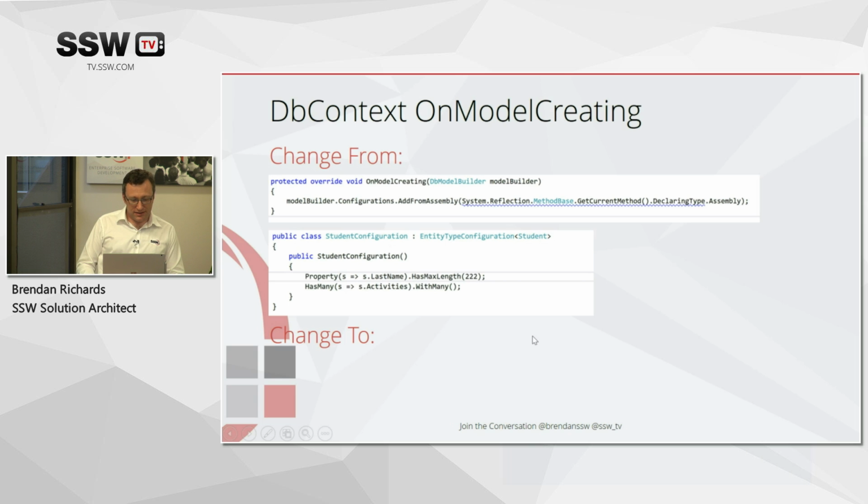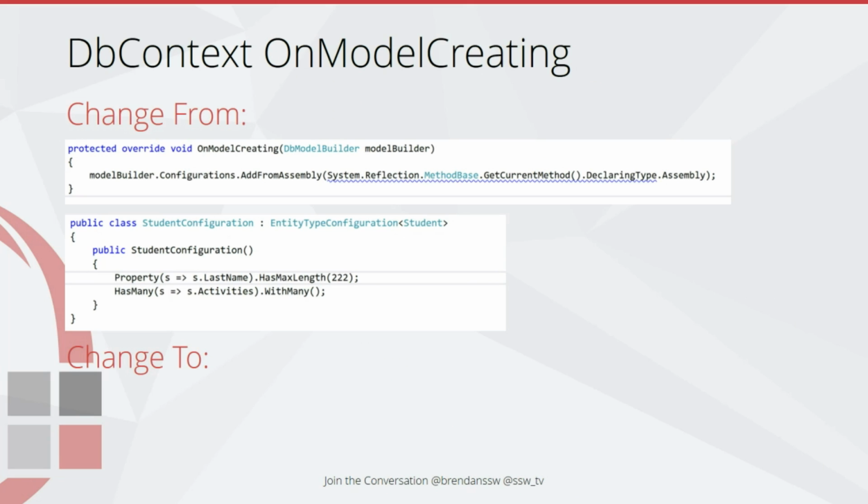Okay, so in the latest version of Entity Framework, you had quite a useful little set of things. First of all, on the DbContext itself, you've got this function called onModelCreating that takes in a model builder. And then you've got this function here to actually scan the assembly, and what you're scanning for are these entity type configuration classes. So on a per entity basis, or even multiple items per entity, you can set up this Fluent configuration. So that sets up a max length, that sets up a one-to-many or a many-to-many relationship between this thing and activities.